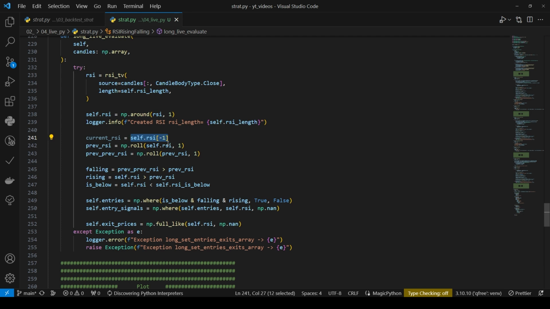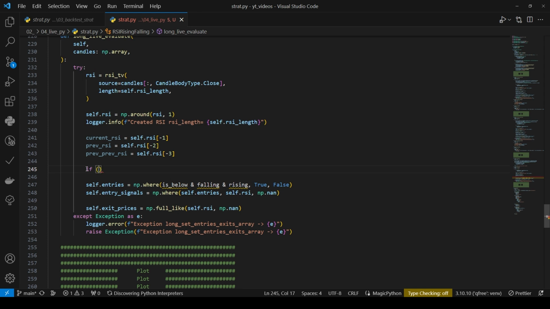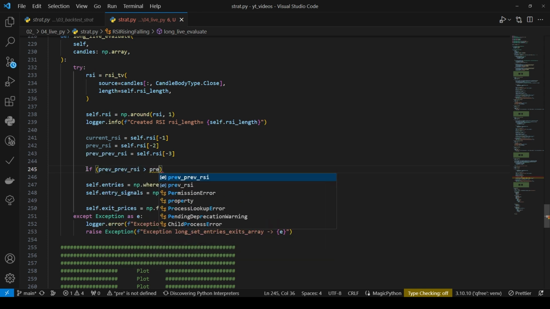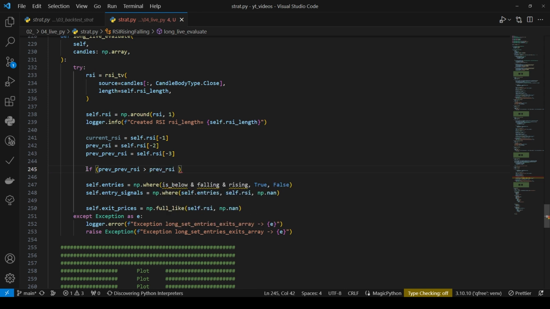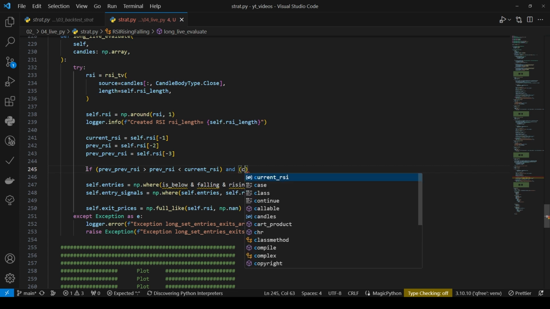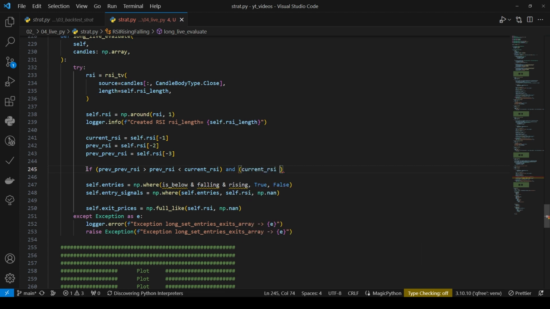And then the previous RSI is going to be the second to last. And then this one is going to be the third to last. So we have that. Now we come over here, delete this, and say if previous RSI is greater than previous RSI and less than current RSI, and current RSI is less than self.rsi is below,